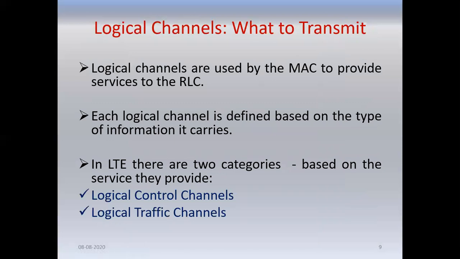There are two types of operations here: logical control channels and logical traffic channels. So a logical channel is taking care of two things. One is the control information, the other is the traffic information. Control informations are the commands to be passed between the user entity and the network so that communication is established. It includes establishment of the network and making sure what the compression rate is, what the data rate is, what is the type of channel being used, what is the frame rate at which it is being transmitted, and also the acknowledgement information and quality of signals. All these are the control informations. Whereas the traffic, the exact data to be transmitted, is passed through logical traffic channels.